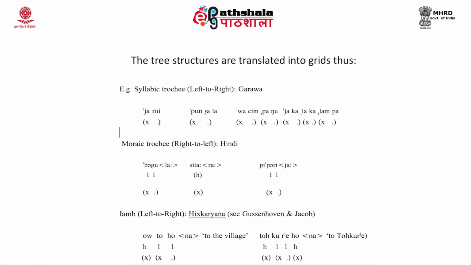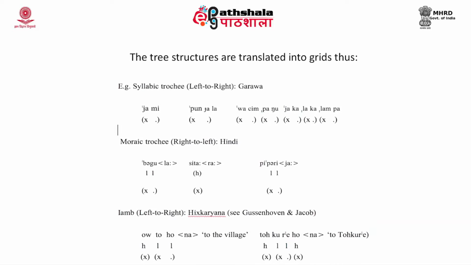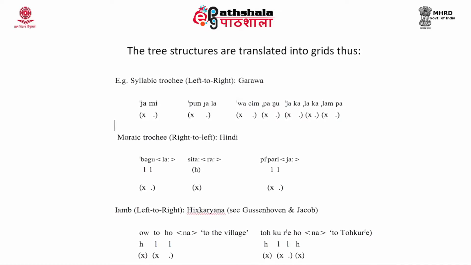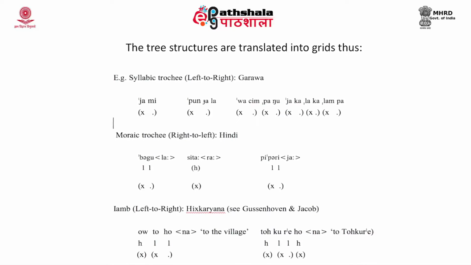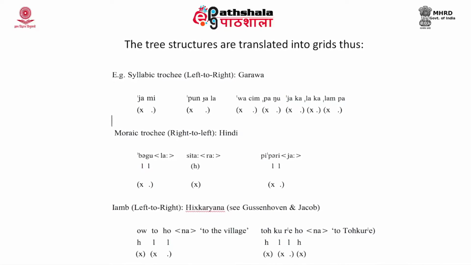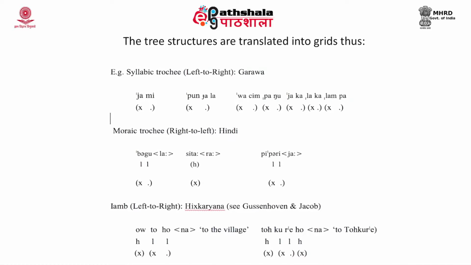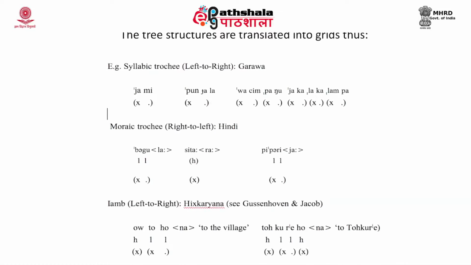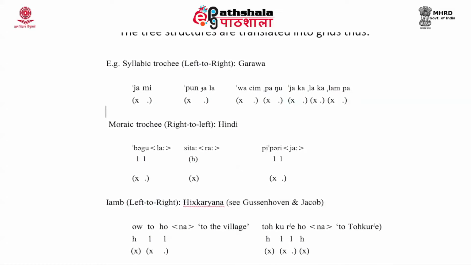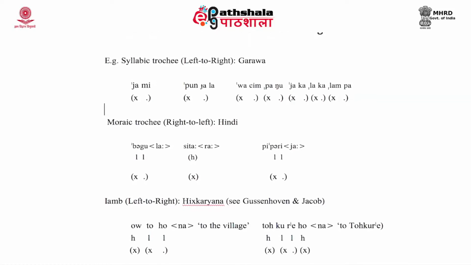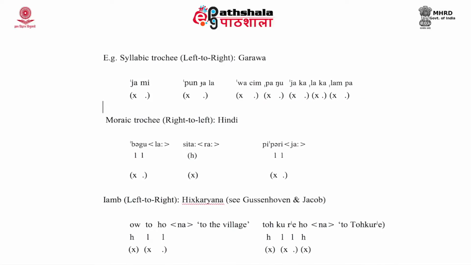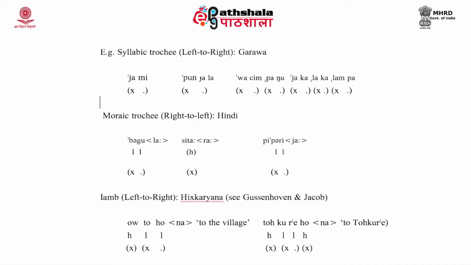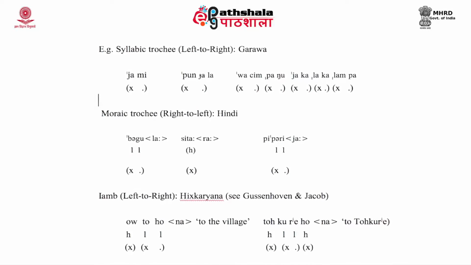And similarly, we have moraic systems also. If you have 2 morae, a long vowel or 2 short vowels, then these also are stressed either on the right short vowel or on the left short vowel. Now it so happens that on a good survey of many of these languages, they are above 300, Hayes came to the conclusion that there is actually no